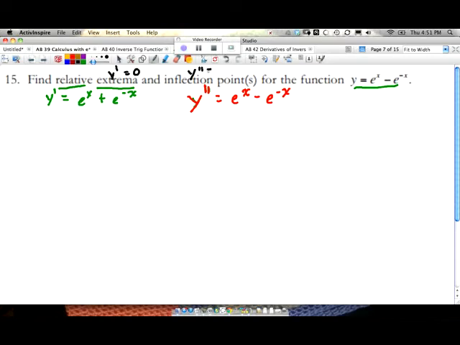But for the inflection points, I'm thinking maybe y double prime equals 0. And we're really looking for a change in sign. It's got to go from positive to negative or negative to positive for either one of these things to happen, relative extrema or inflection points. Those are all about change in the numerical values of rates or rates of rates. So in order to do that,